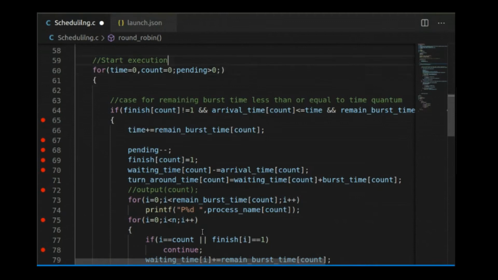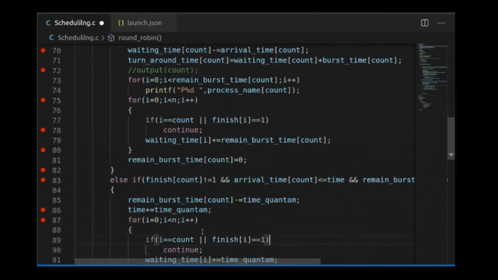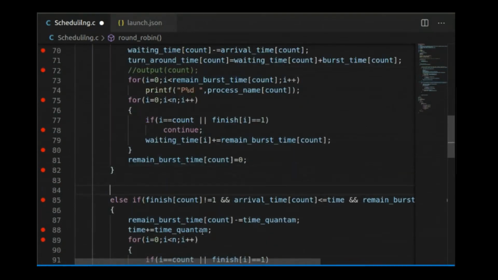Okay, so let us check. And the second case we are considering here, else if case 2, burst time greater than time quantum. Okay, so these are the two cases.